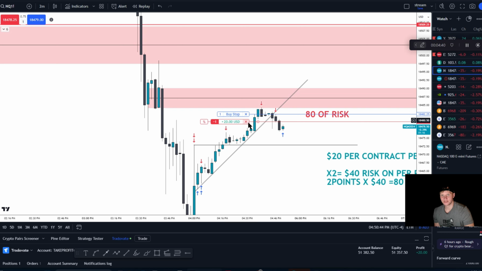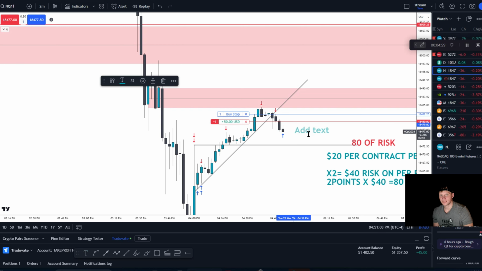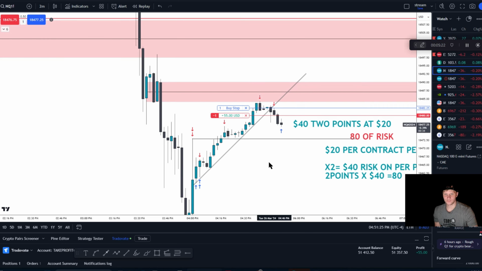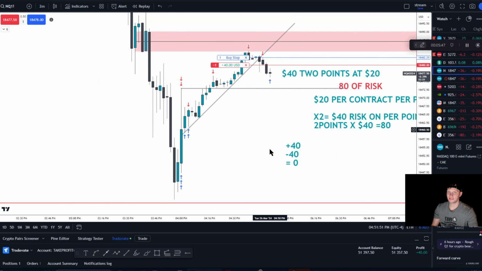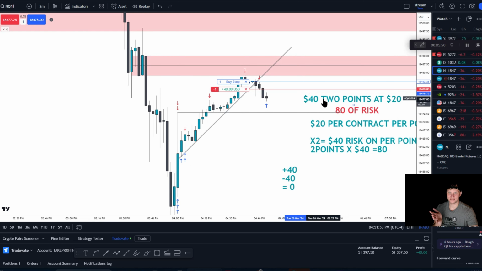So now how much risk do I have left on the trade total? That would be $40. So now what is plus 40? Because I got $40 in profits, plus 40 when I exited there, minus 40. What does this equal? 0. I have $0 of risk left in this trade, theoretically, because I already took profit, right? I already scaled out. So I have mitigated my risk.